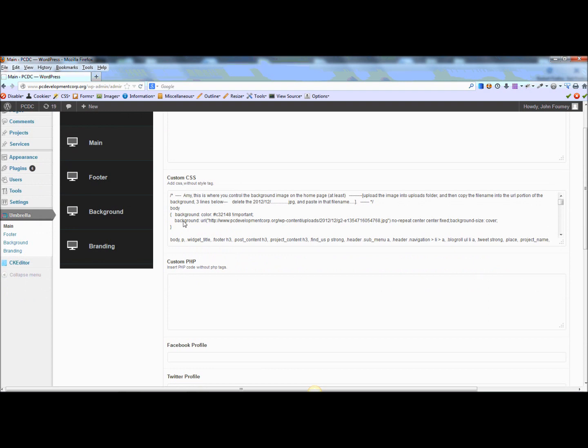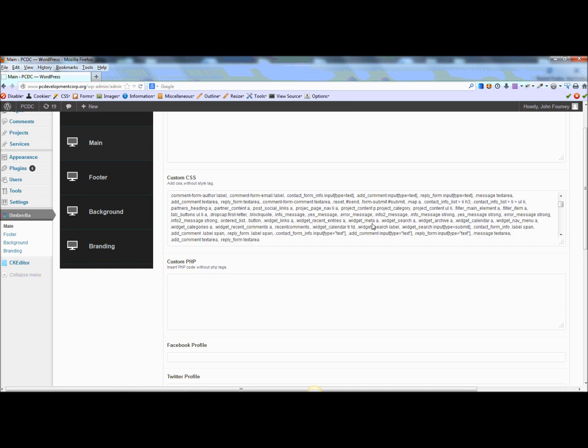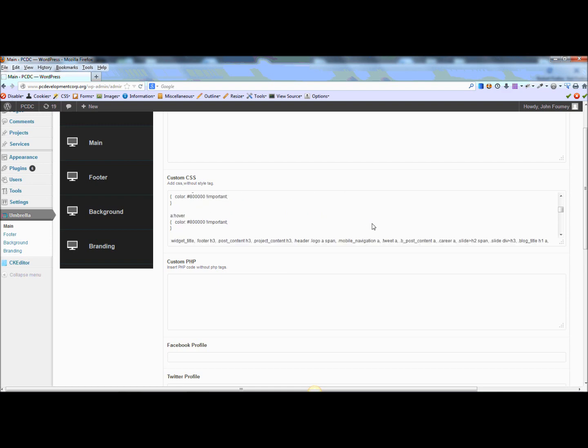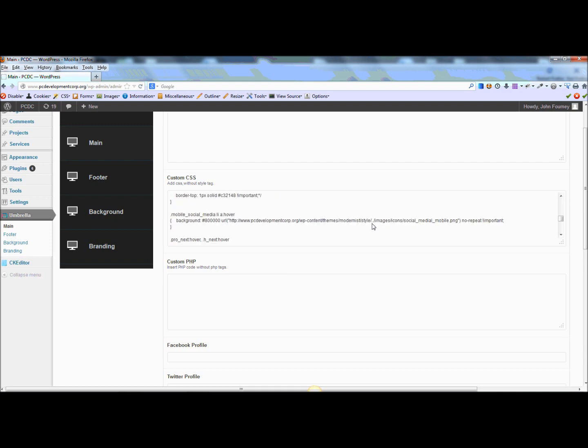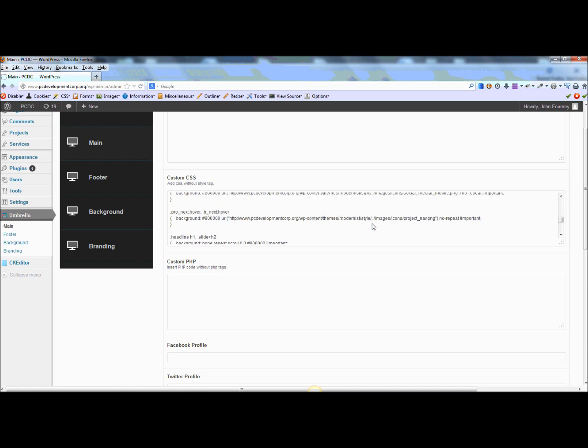Here's where I had that background image for the home page. I thought it was the home page, but one of those pages, I had this here, background URL under the body. If I could find this page. Anyways, here's all the custom CSS. Don't mess with that. Don't delete it or anything. It will change all the customization. I have a copy of it